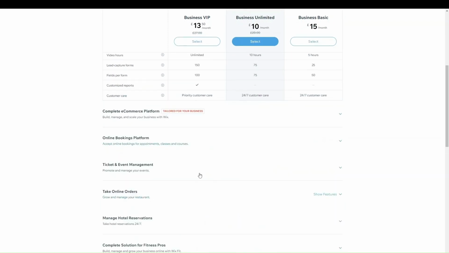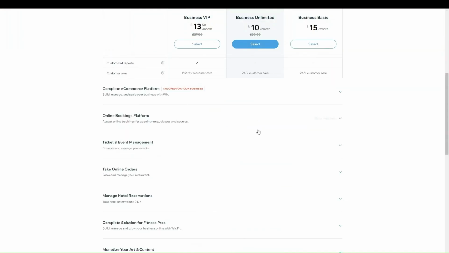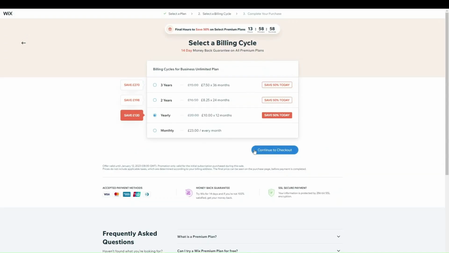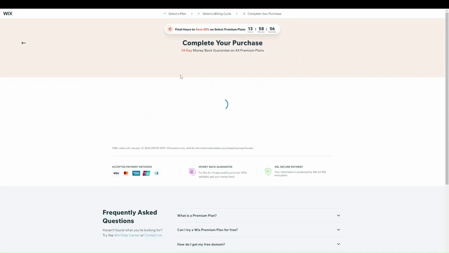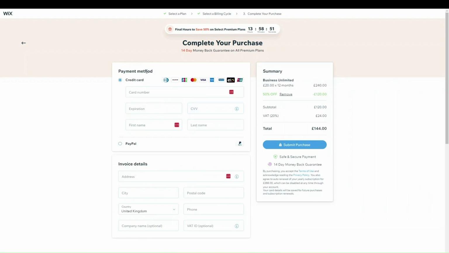And there's more features as well. You can see here what Wix comes with and go through and see what comes with each of the plans. Once you've selected a plan, you just click select and then choose your billing cycle, continue to checkout, and then fill in all of your information to officially purchase the plan. Once you're happy with everything, that'll be your plan connected, and the only other thing you need to do then is connect your domain. And that's it. That's your site ready to